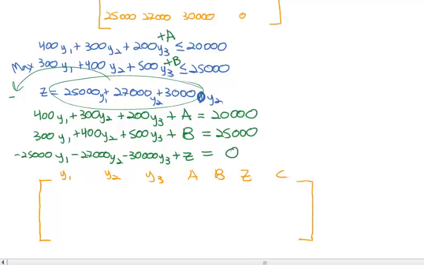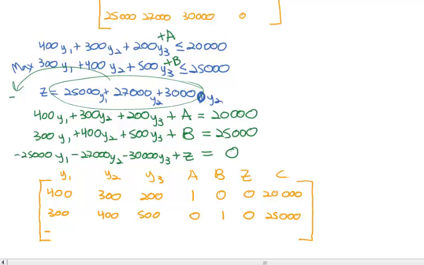It's going to make a big matrix, but the process we know is exactly the same. 400, 300, 200, 1, 0, 0, 20,000. 300, 400, 500, 0, 1, 0, 25,000. Negative 25,000. Negative 27,000, negative 30,000,